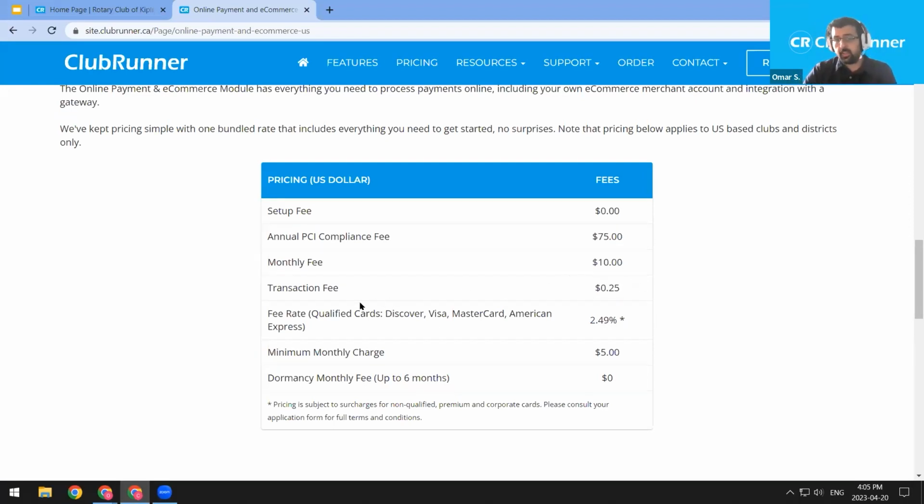If these values, the transaction fee and fee rate, do not equal $5, which is the minimum monthly fee, then Paya would charge the minimum monthly fee instead. But if you exceed $5 through the transaction fees and fee rates, you wouldn't have an additional minimum